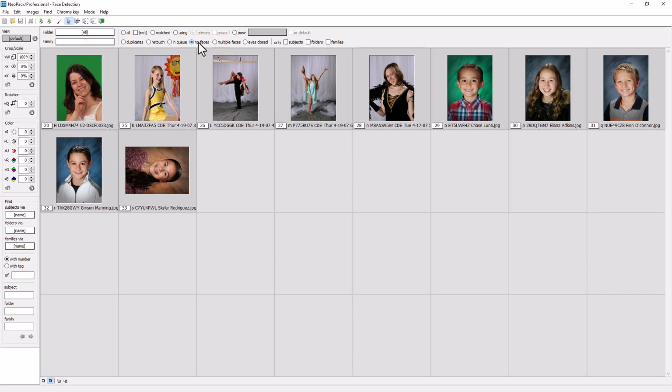As its name implies, this filter shows you any images where no face was detected. We've deliberately got quite a few here. This one we know why. We left it in the wrong orientation, so detecting the face was not possible. We can select the image now, fix rotation, and Control F5 to detect the face.